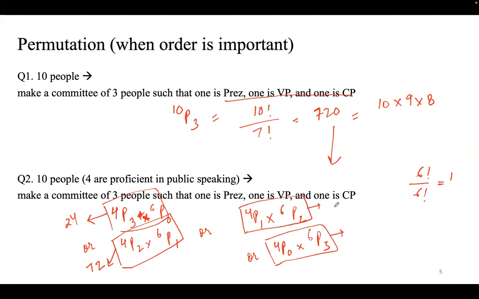And this one? So this is 4 factorial by 3 factorial into 6 factorial by 4 factorial. 6 into 5. 120. Okay. And this one is again going to be 6. This is also 120, is it? It's 120. Okay. So if I add these 4 numbers, I don't get 720, do I?